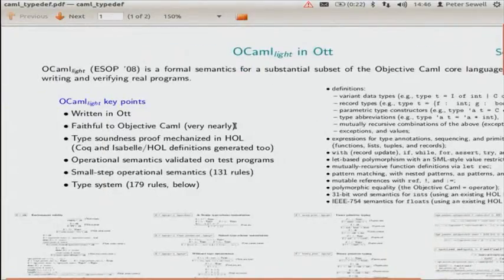So it's that much operational semantics and that much type system, and it includes all of the core ML-like stuff that you might be expecting. The language includes semantics for floats, but these two pictures are not including the details of the float operations and all that kind of stuff. So this isn't including the standard library stuff.